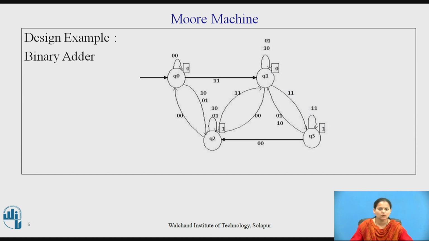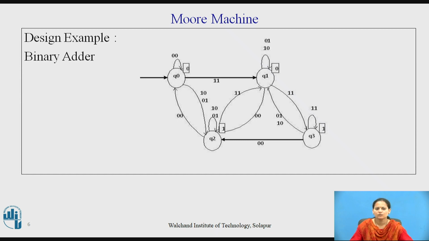If the input is 0, 0 in state Q0, the output is 0 and the machine stays in state Q0 since there is no carry bit introduced by adding 0 to 0. If the input is 0, 1 or 1, 0 in state Q0, then the output is 1, because when we add a binary 0 to 1 or binary 1 to 0, the result is always 0 plus 1 or 1 plus 0 equal to 1, and there is no carry bit. The machine therefore goes to state Q2.